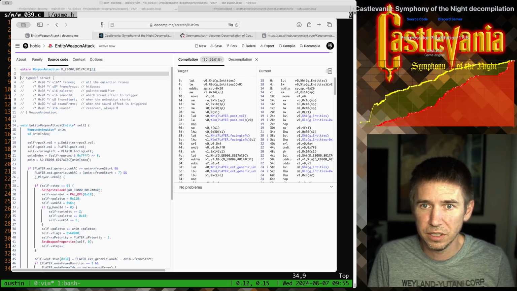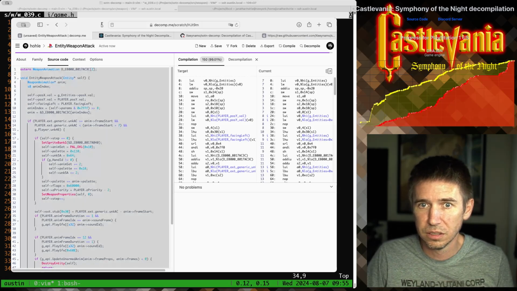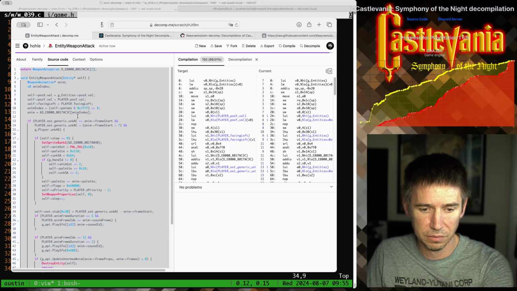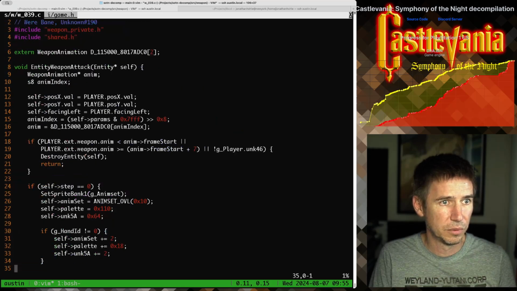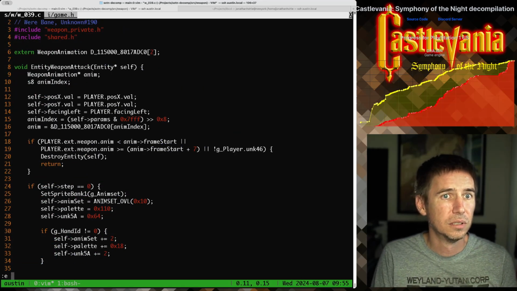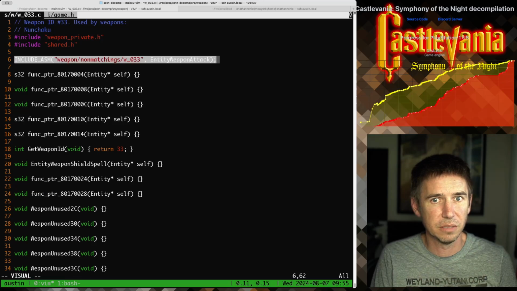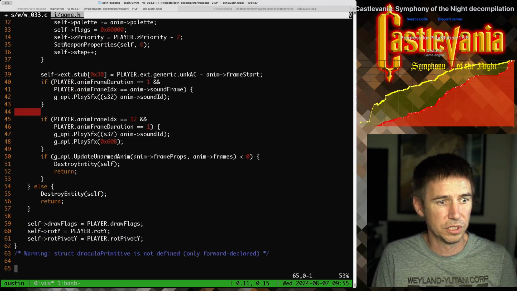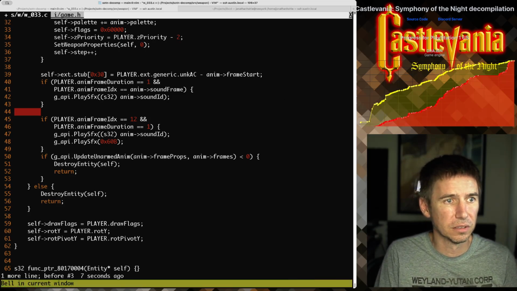So what I'm going to do now is save this. I'm going to go back to my repo with this code. I'm going to go to, which weapon was this? 33. And replace this include ASM line with what we just created. I thought I got rid of that comment on there. Before I do that,